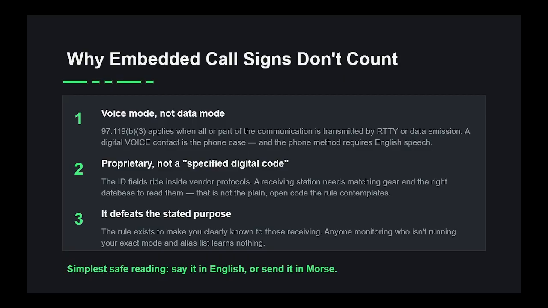And then looking at these digital modes a little bit further too, proprietary, not a specified digital code. The ID fields are right inside the vendor protocols. A receiving station needs matching gear and the right database to read them. So that is not the plain open code and the core rule